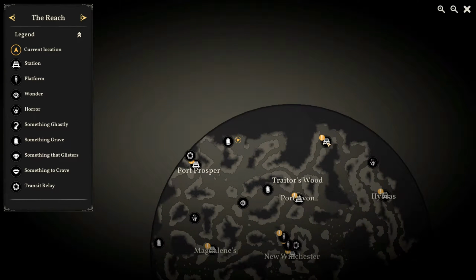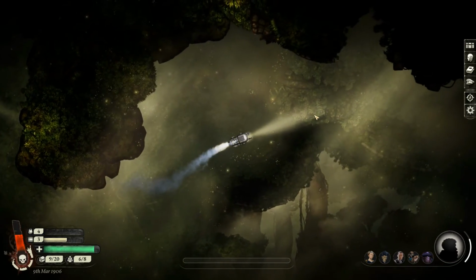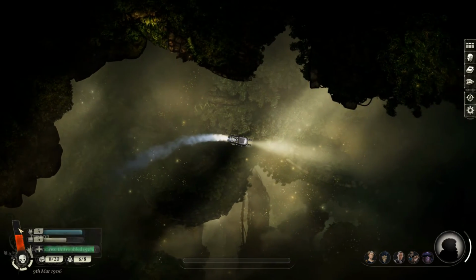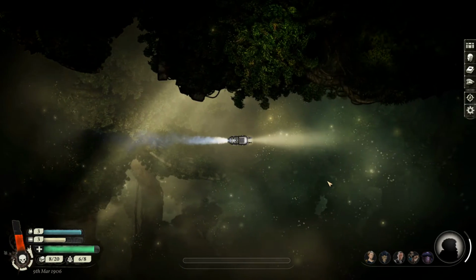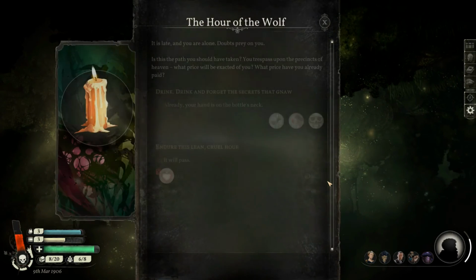We're gonna go all the way to Traitor's Wood. We should just go to Traitor's Wood, in all honesty. But oh well. We'll just make our way over slowly. We're gonna have to watch our terrors. We might have to take a nightmare on to get rid of our terror a little bit. If we reach 100 terror, we definitely lose the game, so...